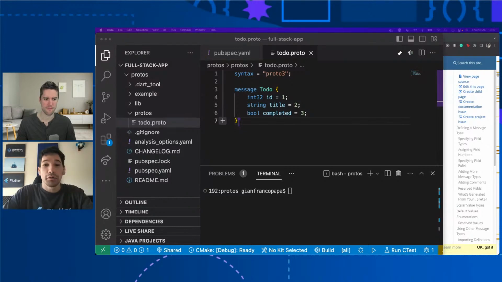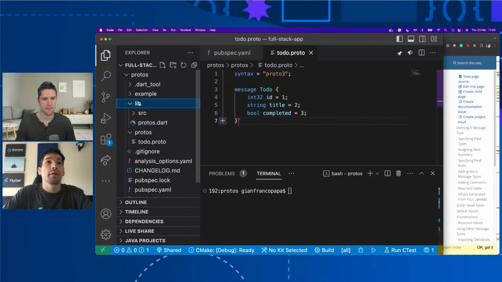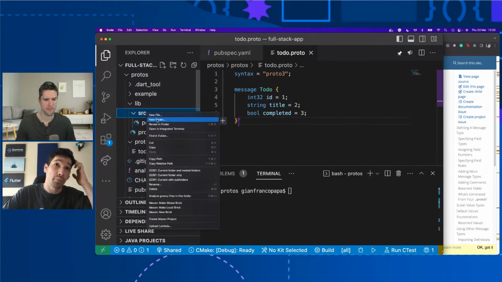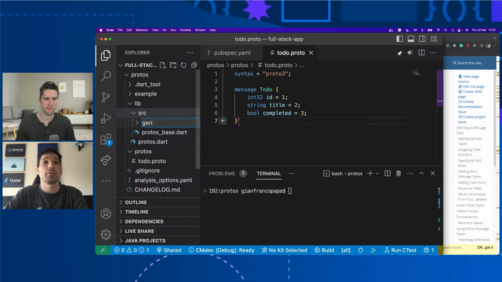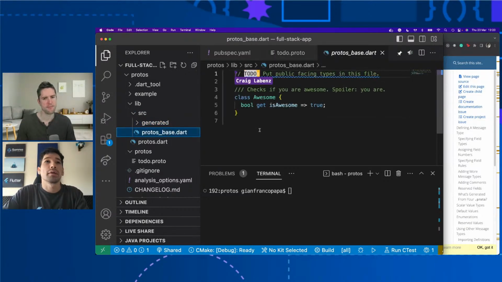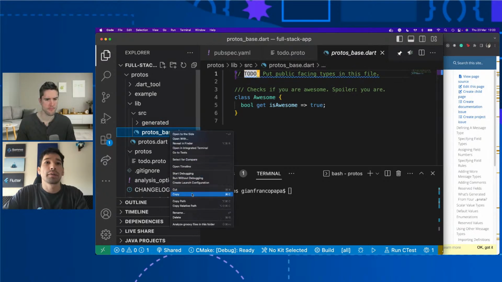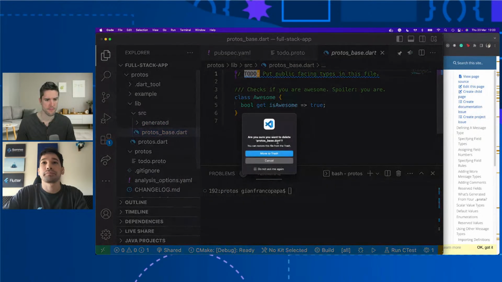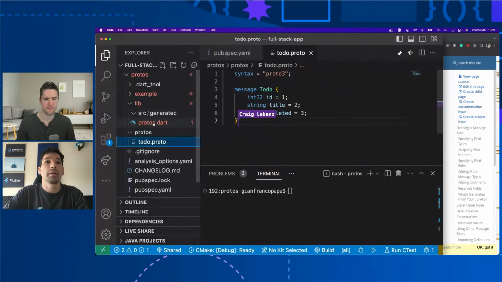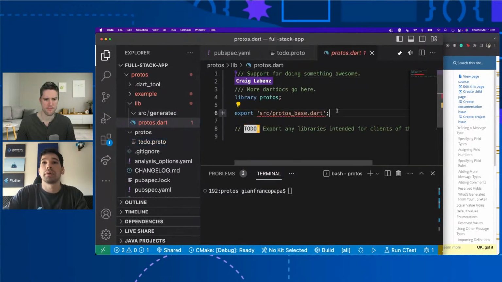Okay. So here, what we have to do is to create another folder that will be generated, and maybe we can remove this as it's part of the library. We won't need it. Delete. And here, we can export things later.